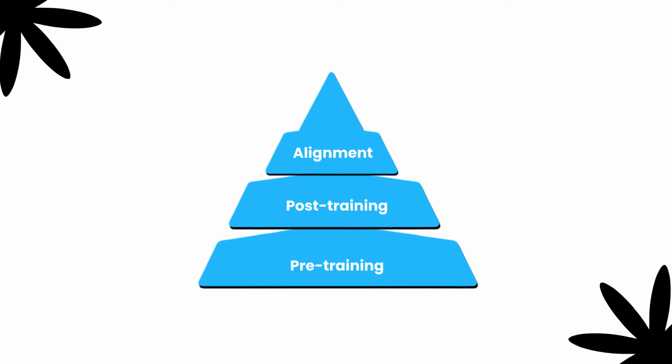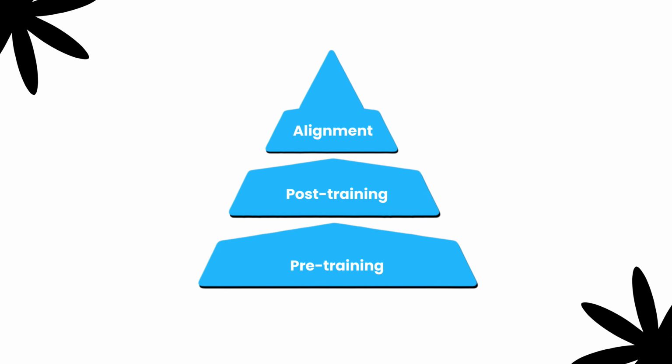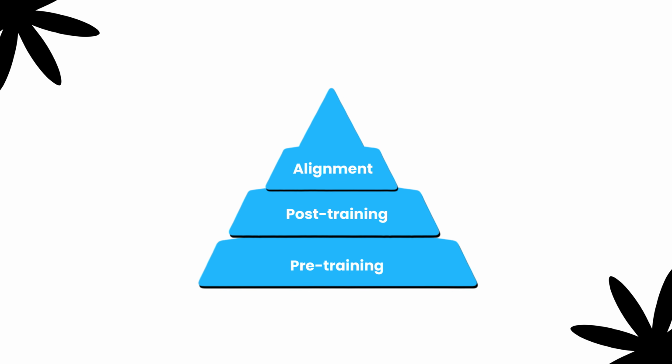So if you take one thing from this video, let it be the question that you ask yourself before you ever touch training at all. Which of these three stages does my problem actually live in? Because the answer will actually tell you the fix. Missing knowledge is a retrieval problem, not a pre-training one. Wrong behavior or tone is a post-training problem, usually SFT or preferences. And a model that does what you said but not what you meant is an alignment problem that you solve at the system level and not by training harder.